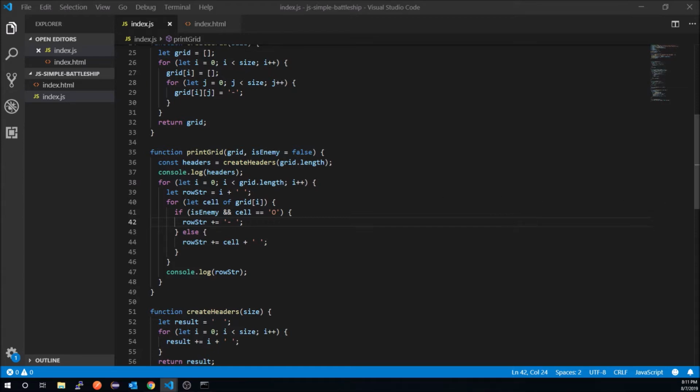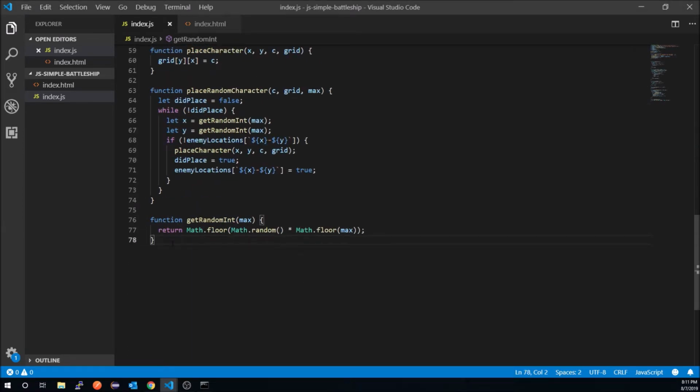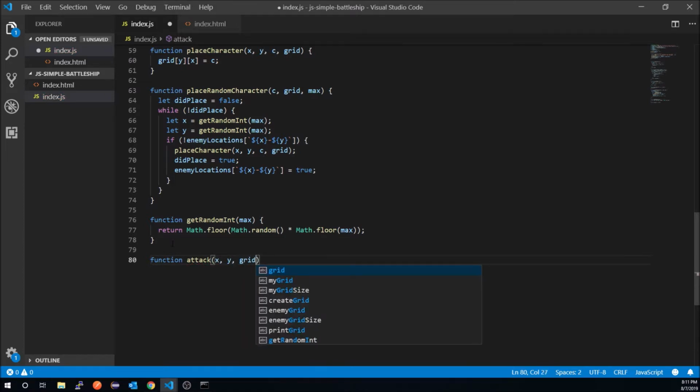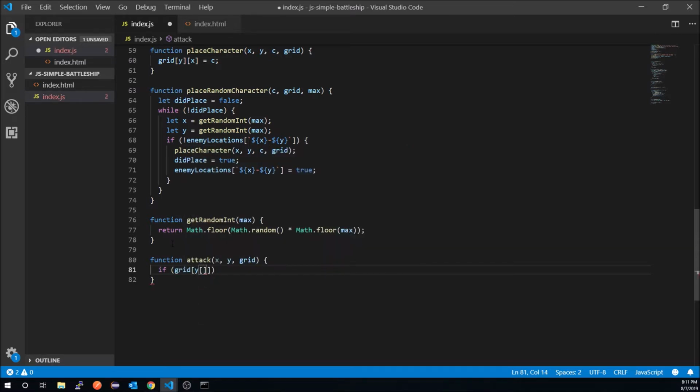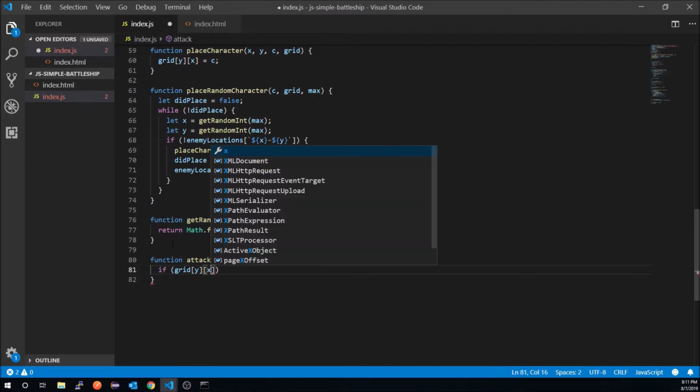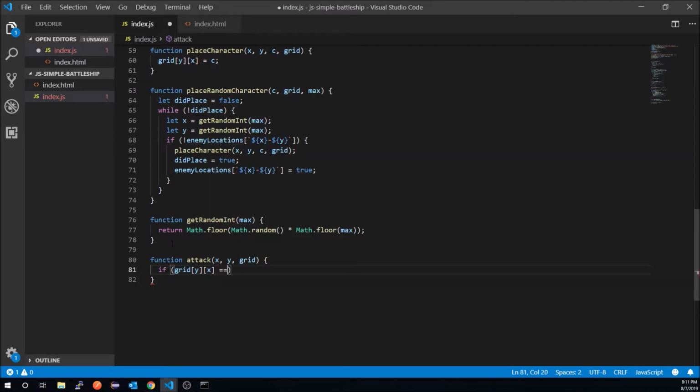So we're going to go ahead and build an attack function. What the attack function is going to do, just like it sounds, it's going to take the coordinates and it's going to take a grid, and it's going to determine if the attack was a hit or a miss. So function attack takes an x, a y, and a grid. And we're going to say if the grid at yx, if that position is equal to a ship,